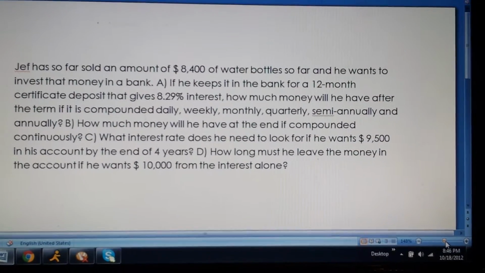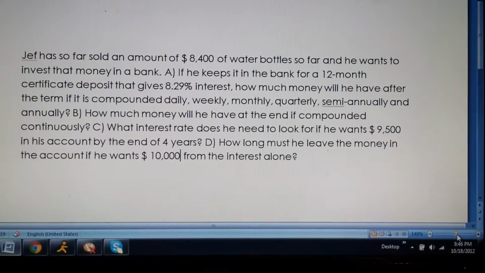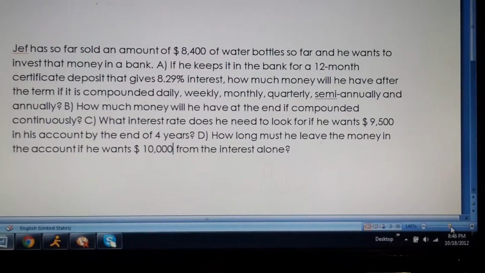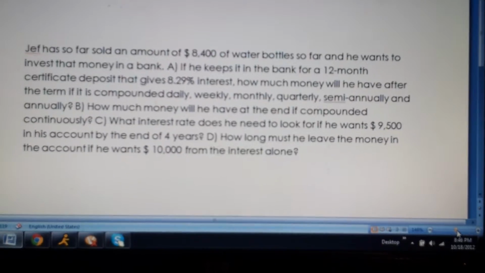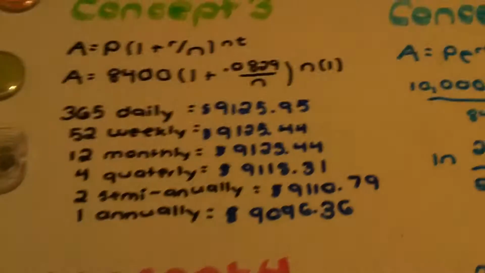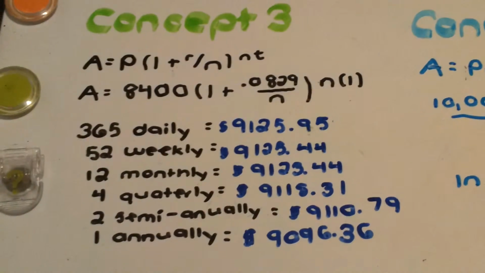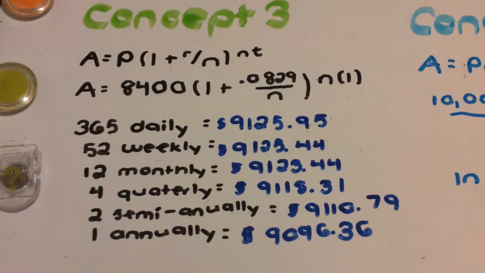What interest rate does he need to look for if he wants $9,500 in his account by the end of 4 years? And how long must he leave the money in the account if he wants $10,000 from the interest alone? Okay, so for A, I did A equals 8,400